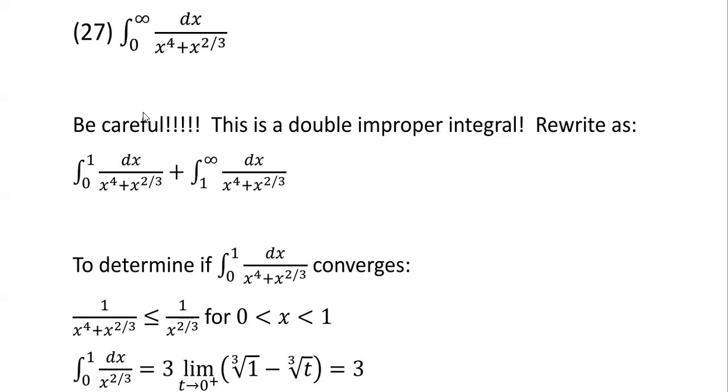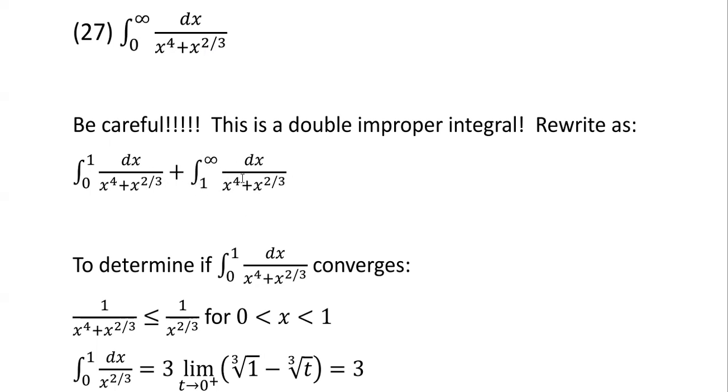So we have to be careful. This is a double improper integral. Both limits make it improper. Okay? So we have to rewrite this as integral from 0 to some finite value. So I just picked 1. dx of x to the fourth plus x to the 2/3 power, plus integral from 1 to infinity, the same